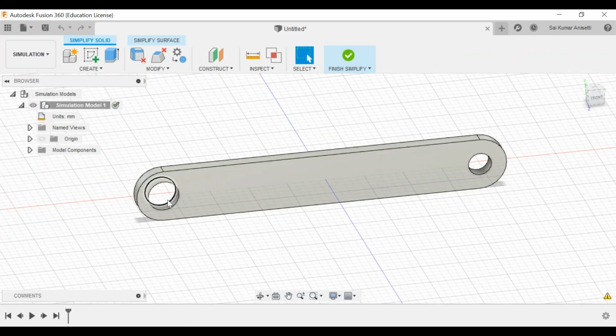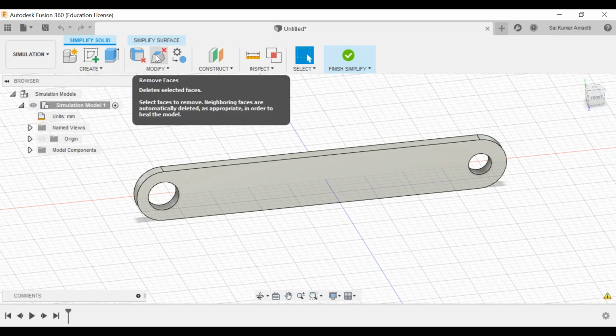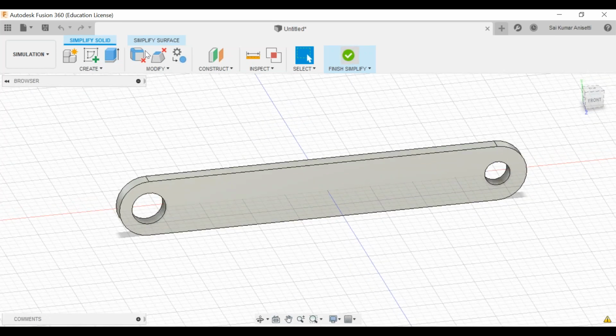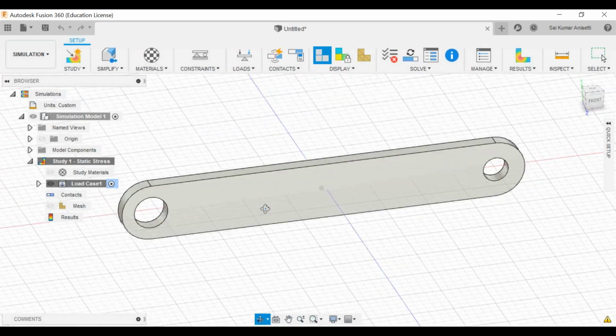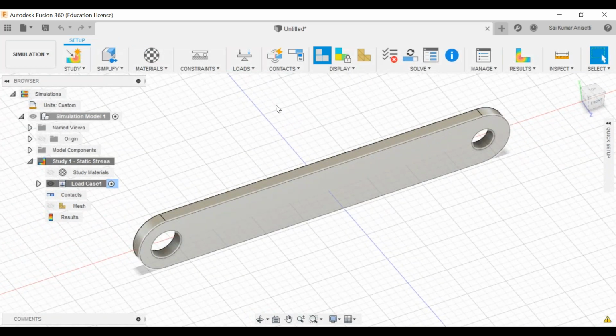Like if you have threads, it will remove threads, but in the background, if you select this face, it assumes that there is a thread over here, but in your view it will be showing the base hole size. That is how you generally see. It removes your fillets and your draft angles and everything to simplify the surface. Simplification, you need to know actually what I need to simplify and what I don't want to simplify. Now with simplify, you can remove any extra elements if you have, like decals or any extra showcase kind of things. You can remove everything by using simplify. As in this figure, I don't have anything.